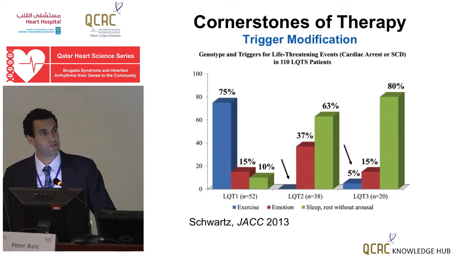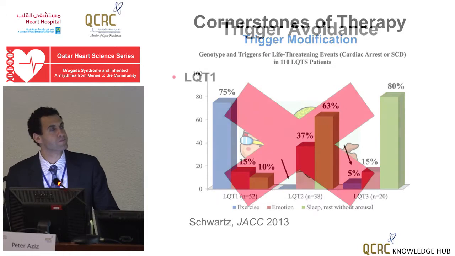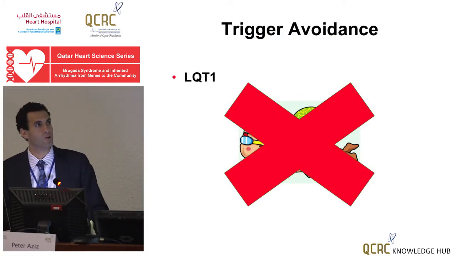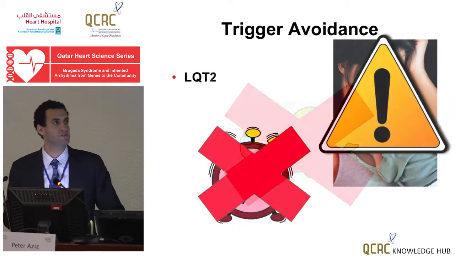Long QT2 patients' trigger avoidance is emotional stress, arousal. Long QT3s, we'll discuss, it becomes a lot more hairy in terms of trigger avoidance. So long QT1, you can't swim. Long QT2,